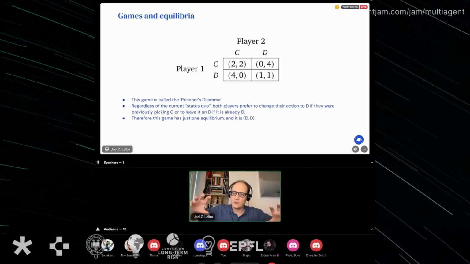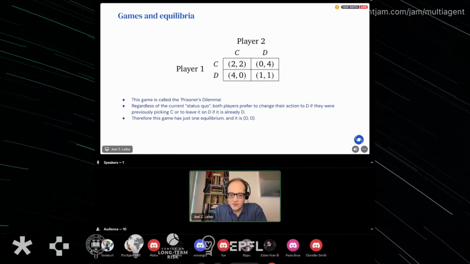Now this logic would work out exactly the same way if we asked first about player 2. You could see it would go the other way around. It would also happen the same way if we started in other cells of the matrix. And even if we started in the lower right cell with both playing D, it would still end up the same way, because neither player would want to change from that, because 0 is less than 1. So that means that the DD outcome, the lower right outcome, is the equilibrium of this game. And there's only one equilibrium of this game when you see this one-shot game.